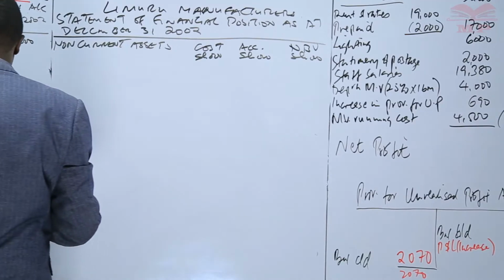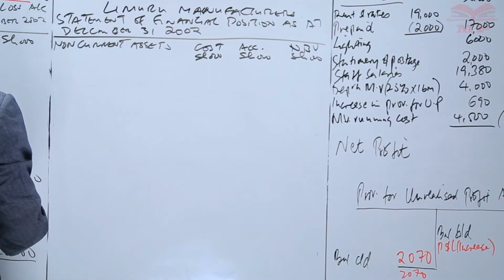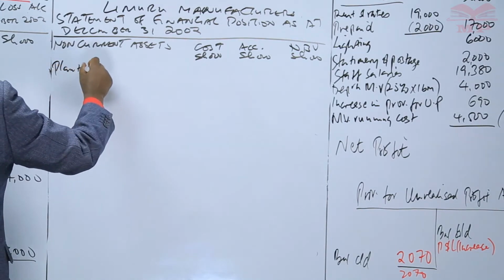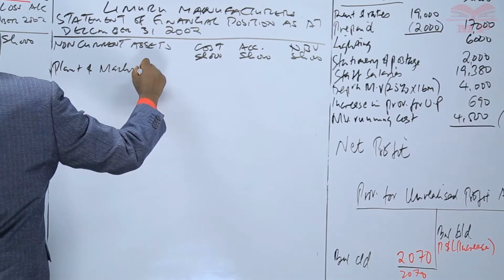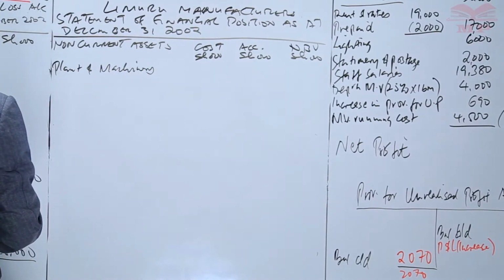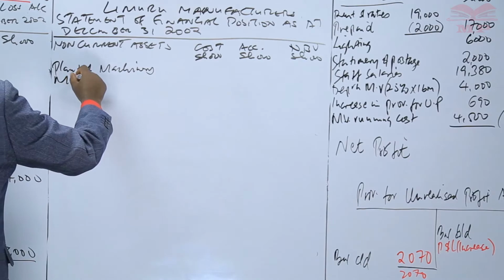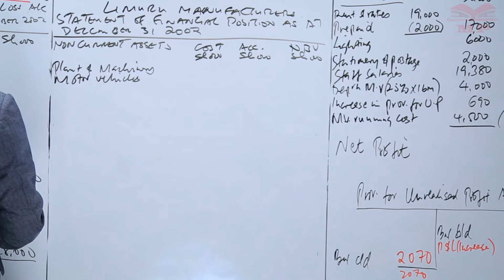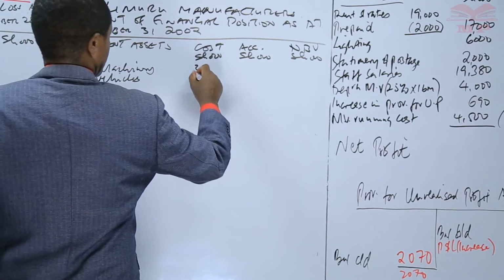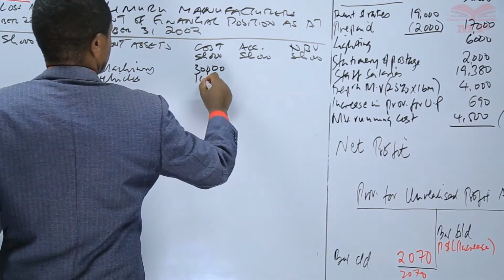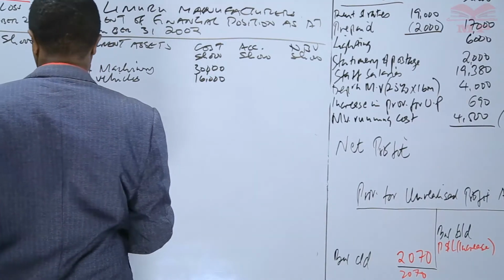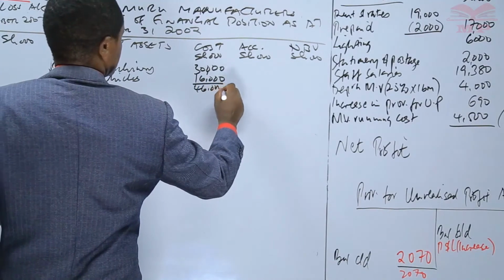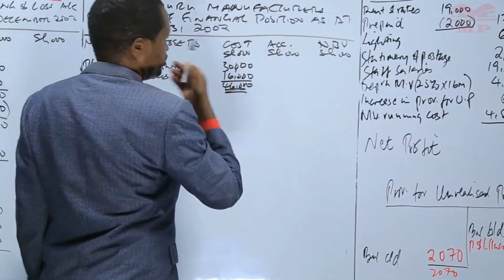So the first non-current asset is the plant and equipment, plant and machinery. Then we have motor vehicles. Motor vehicles, 30 million, 16 million. The total here is 46 million. Now for the accumulated depreciation,